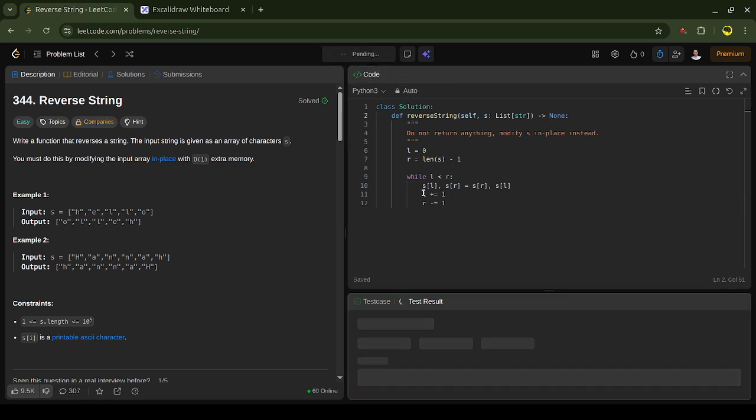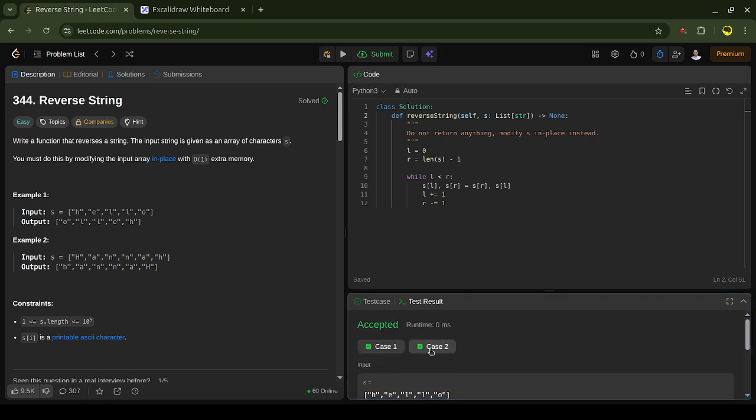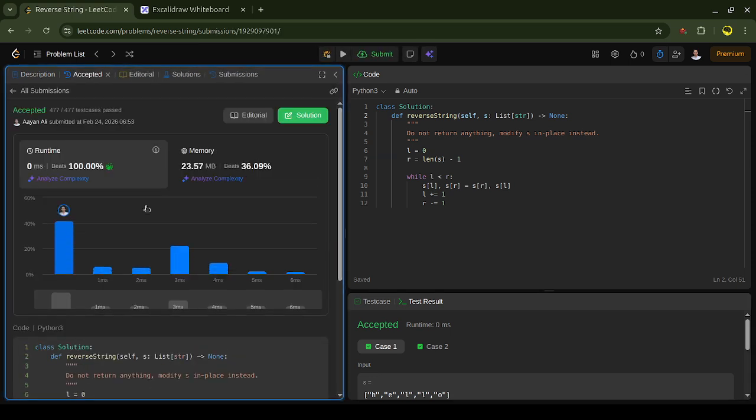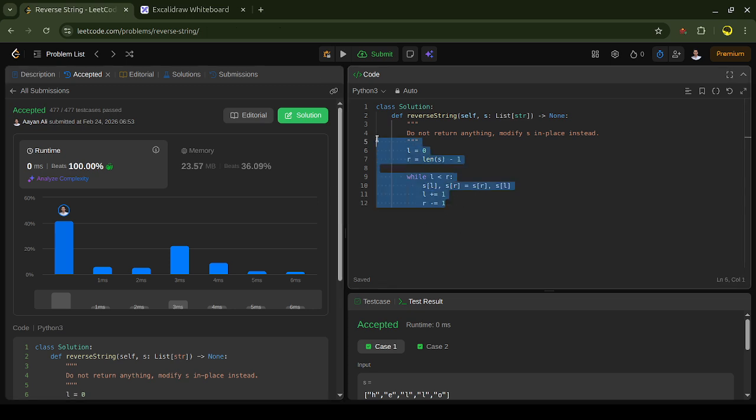Let's run this. Yeah, both test cases passed. Let's submit the code. Yeah, it's submitted and all the test cases passed. So the solution is really easy. It's just 1, 2, 3, 4, 5, 6 lines of code,